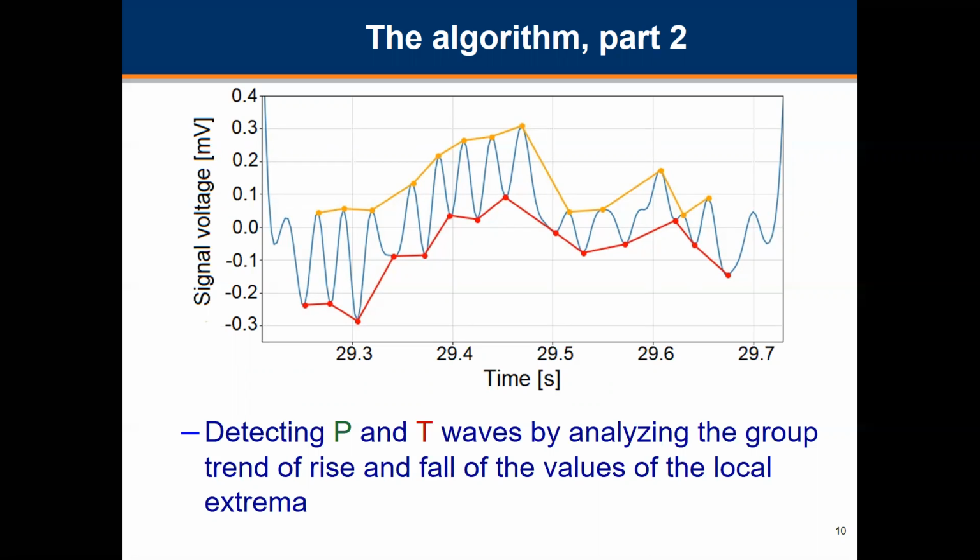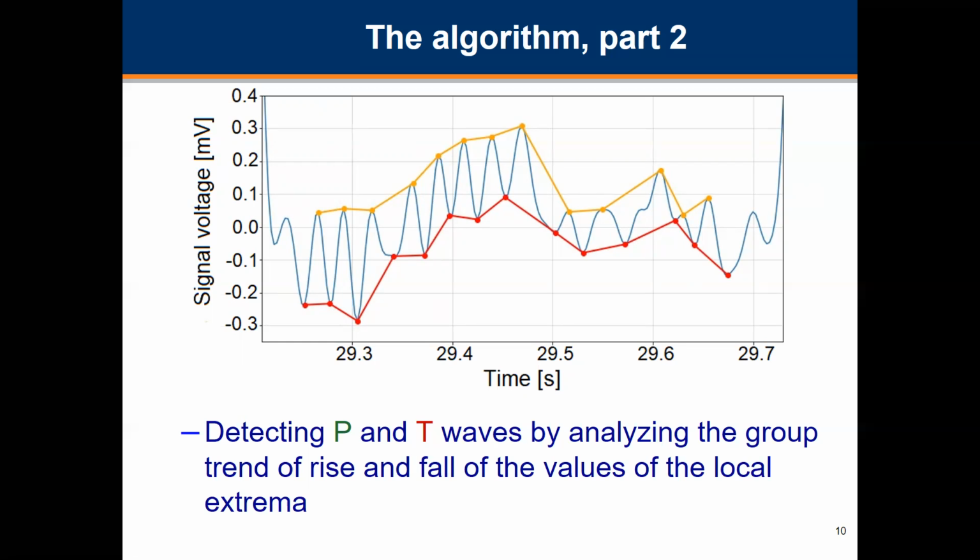Since there is a possibility that the waves have been distorted as a result of noise, all checks for P and T waves are done between two consecutive QRS complexes, instead of around one QRS complex. By analyzing the rise and fall of the values, we can detect the occurrence of the T wave. The existence of the P wave is examined in a similar manner.